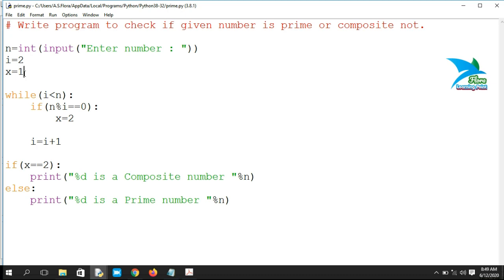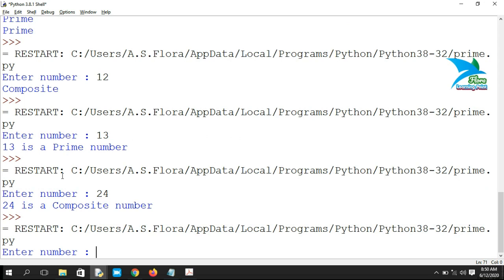So you can also change this value. For example, it's just a flag variable, only used for indication. For example, I specify the initial value of x equal to 100. If the condition is true during execution, then I will change the value to any other value. For example, I'll change the value to 80, and this one is the updation statement of the while loop. And now we have changed the value of x, that is 80 and 100. Then if after the completion of the loop the value of x is 80, that means the number is composite, otherwise the number is prime.